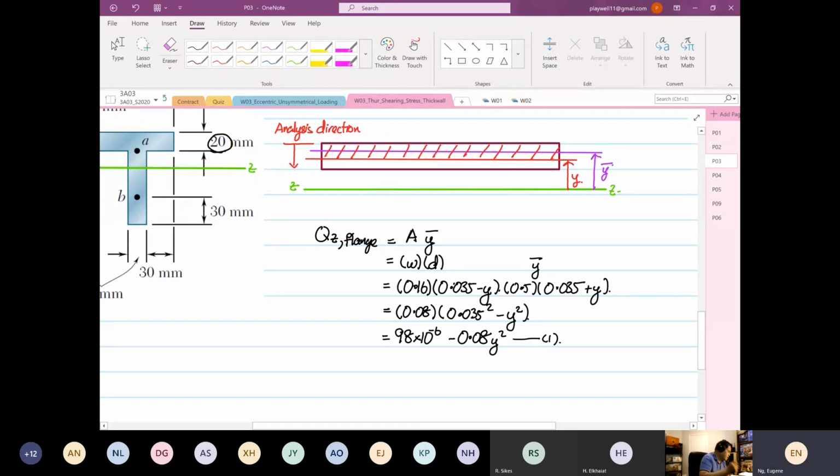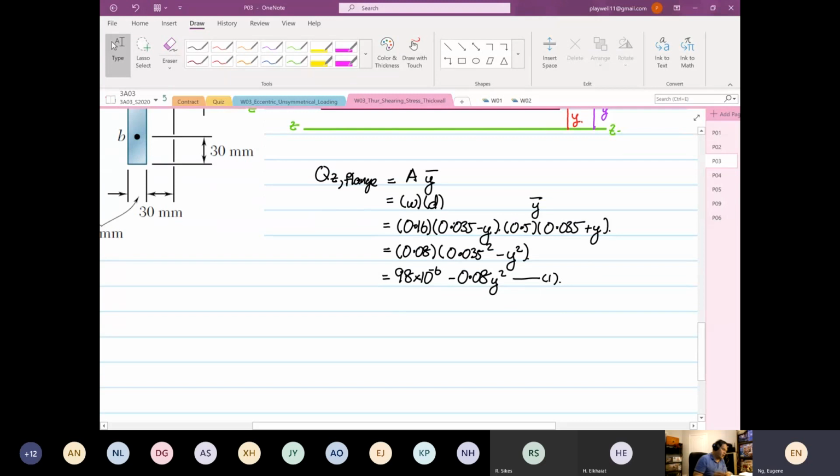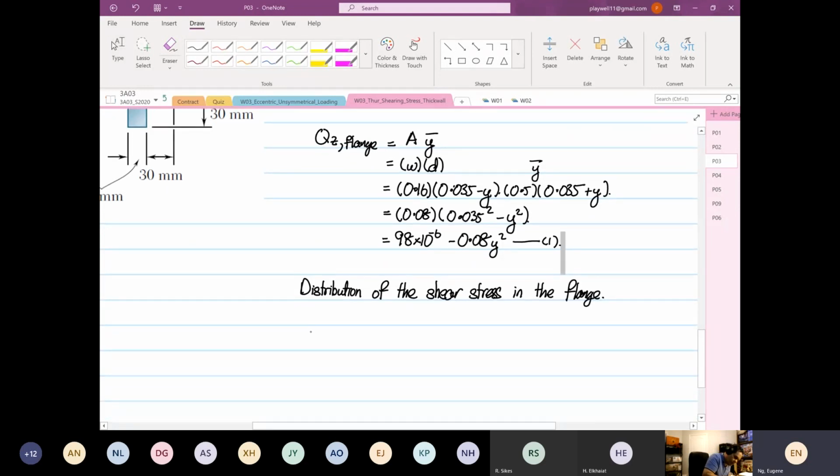Okay, so from here we can find the shear stress distribution of the shear stress in the flange. Okay, so we now know that shear xy of the flange will be equal